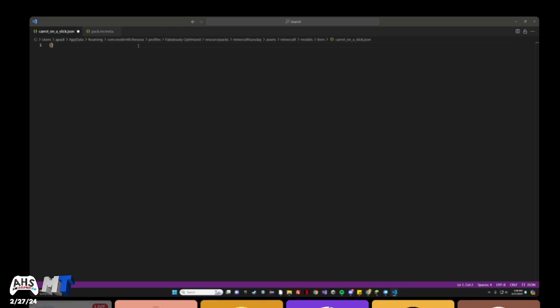So I'm going to quickly create 2 curly brackets. And by the way, I will also put this into the Minecraft Tuesday chat. 2 curly brackets. Inside, you're going to want parent, colon, and then inside quotations, item/generated, comma, in quotations, textures, colon, open curly bracket, and then again in quotations,